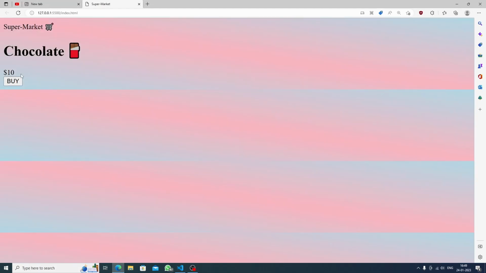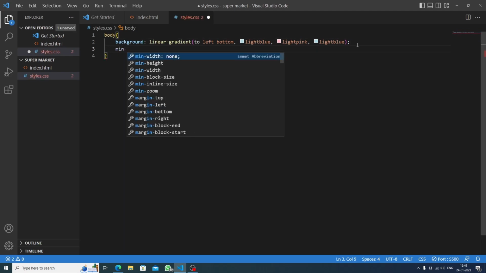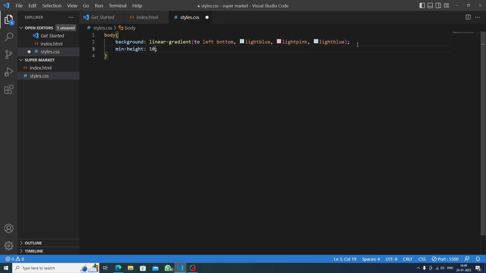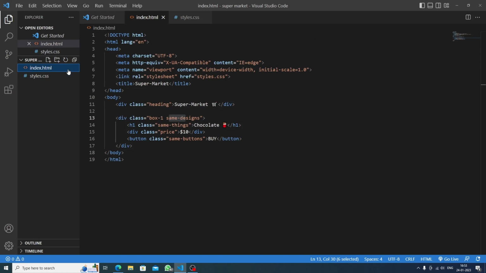Okay, see, we are having it like this, but this is the separation. So how to remove it? So first I will write here min height, means minimum height would be 100 VH. Okay, we are perfectly done. Okay guys, I think that this same designs would be changed to same boxes, so it will be easier